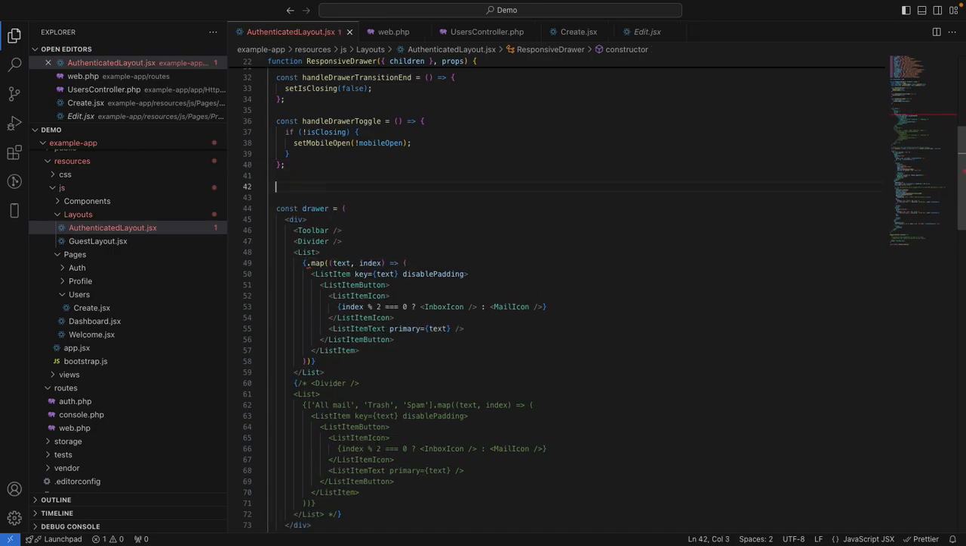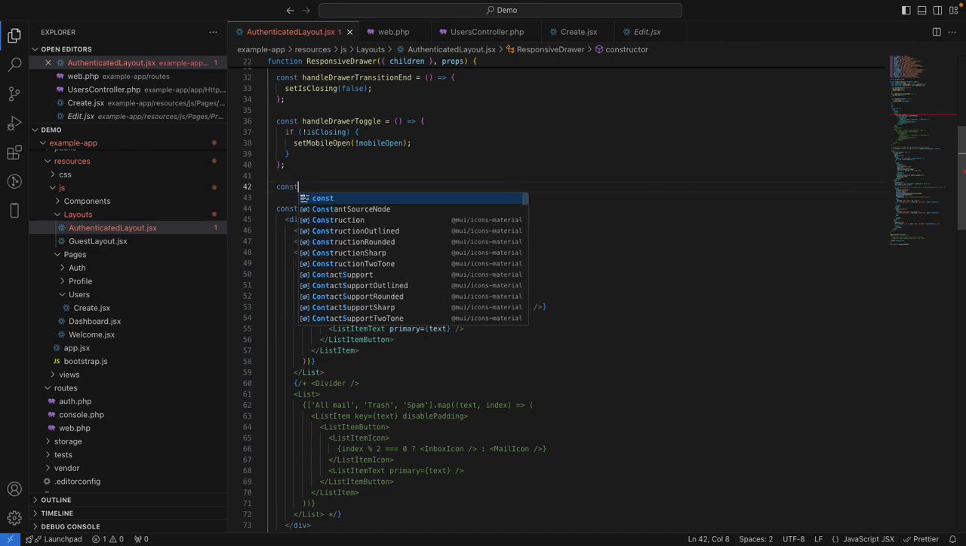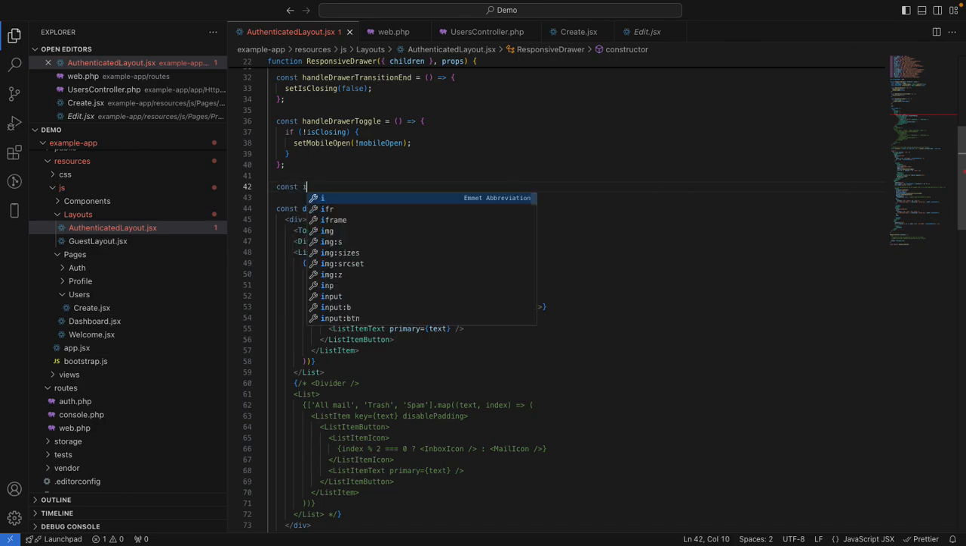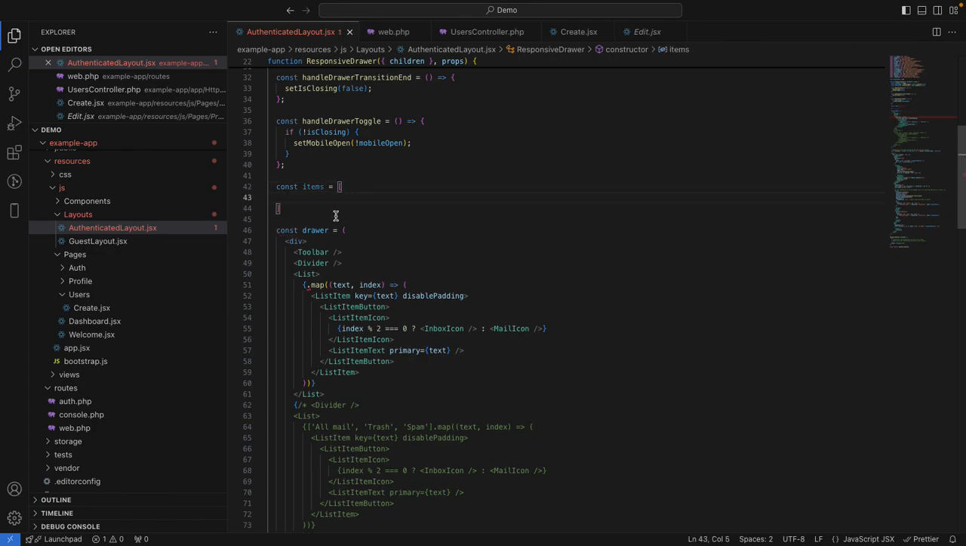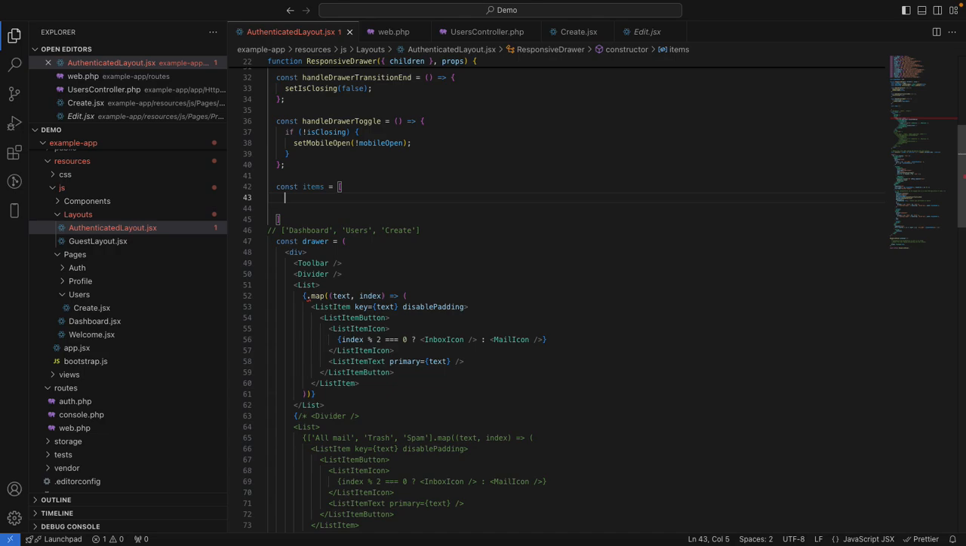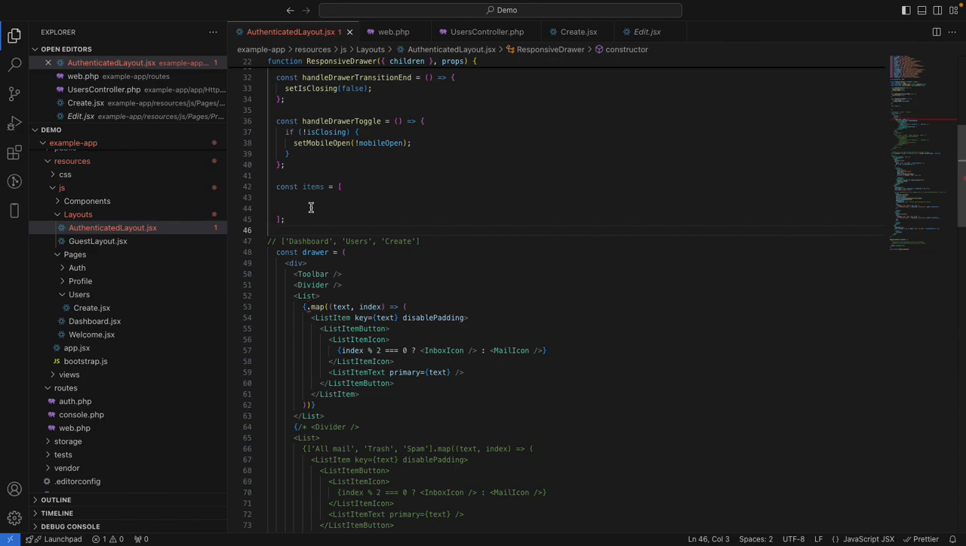create an array. So let's call it const and let's name it items equals to an array. Let's open these brackets. Okay, so let me put this one here. So we now have, so this is an array. Let me close this array here, and we want to put a list of items that can be passed